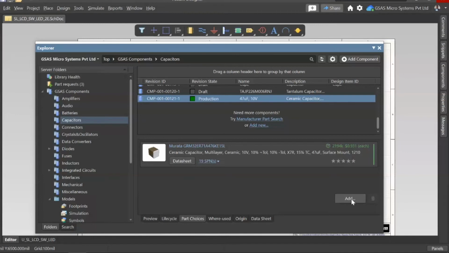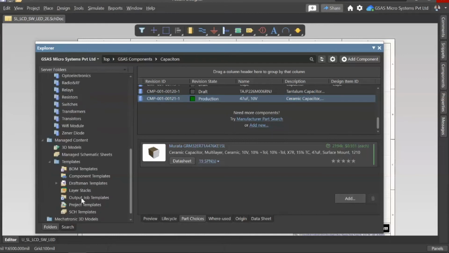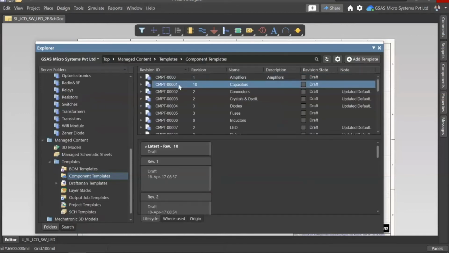Okay, this is how you can manage libraries. And also, I just forgot to show you the templates. Here you can see we have got templates over here. You can see the component templates here. Based on the template, when you are creating a component, I will show you how a template looks. Just click on edit,